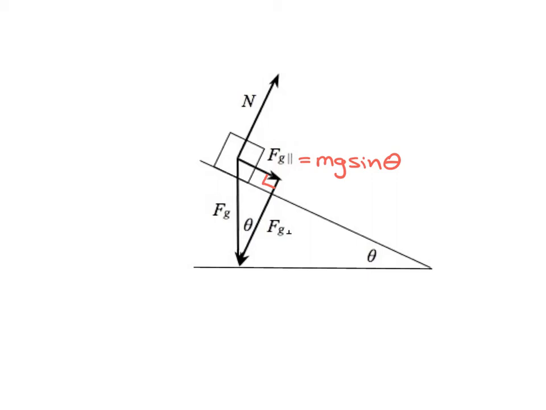In addition, notice that the force of gravity perpendicular is equal but opposite to the normal force. This is Newton's third law: for every action, there's an equal and opposite reaction. This helps us define that the force of gravity perpendicular is indeed mg cosine theta, which means that the normal force is also mg cosine theta. And this is going to become important very soon because the normal force helps us to determine the force of